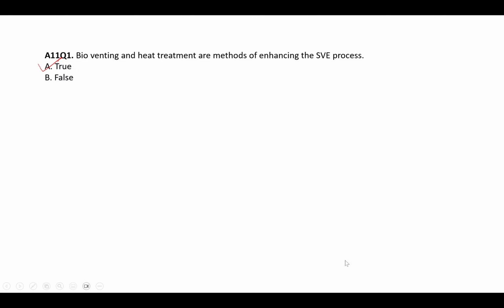So the first question was, bioventing and heat treatment are the methods which are used for enhancing the soil vapor extraction process. We have to say whether the statement is correct or not. So in bioventing, oxygen, which acts as an electron acceptor, and also some nutrients can be supplied into the aquifers, and through this, the degradation or the bioremediation of the contaminant in the soil will increase, because the activity of the microbes will increase, because they have